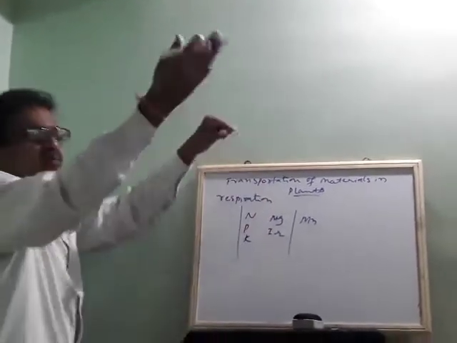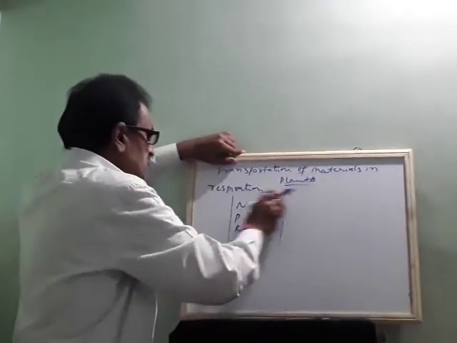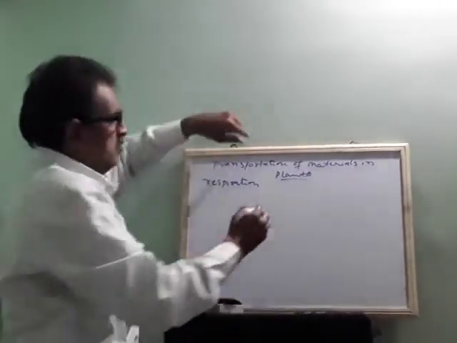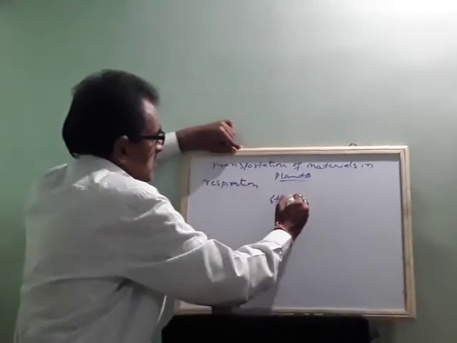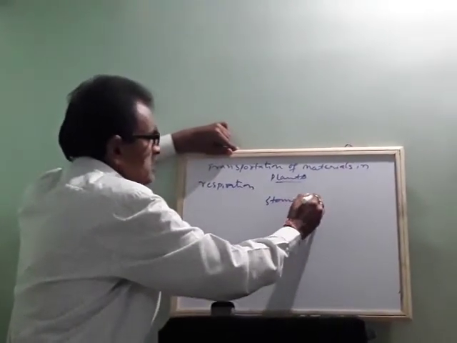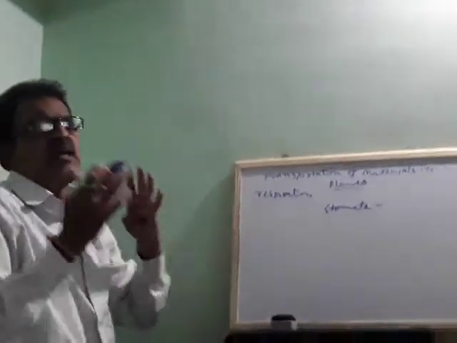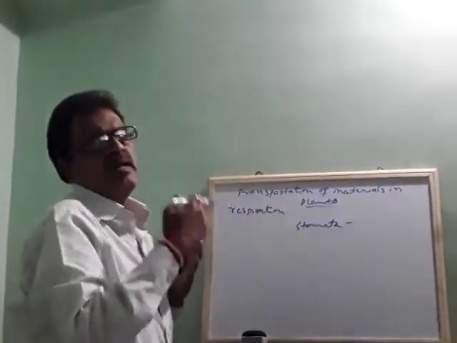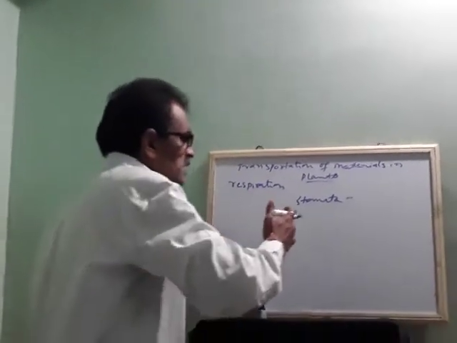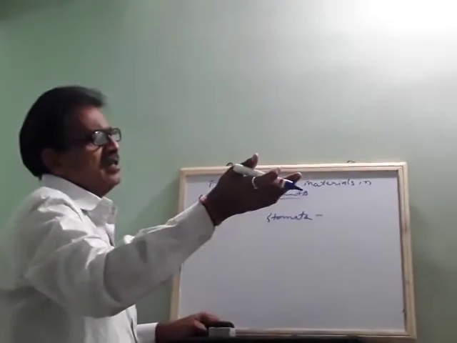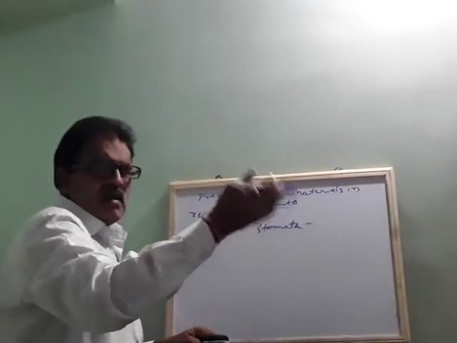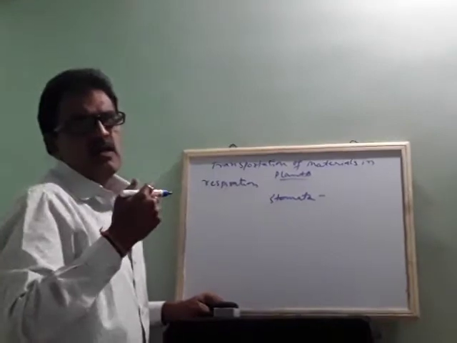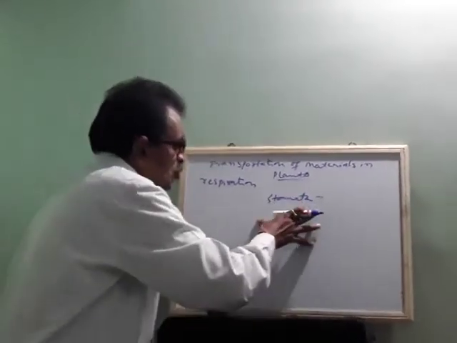So plants also respire. I told already. Plants respire. How do they respire? They respire through stomata. Okay, what is actually respiration? Exchange of gases from one part of the body to the environment. It's called respiration. So excess carbon dioxide is released and excess oxygen is released, and carbon dioxide is also taken in. That is done with the help of stomata.